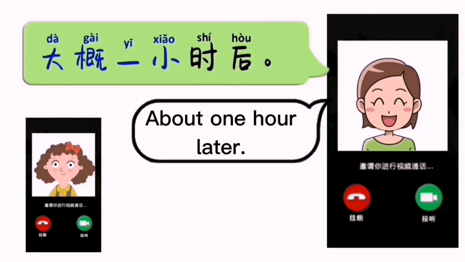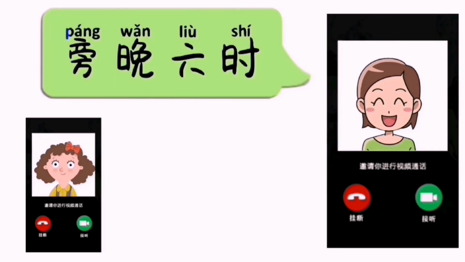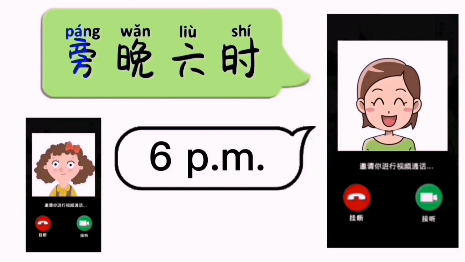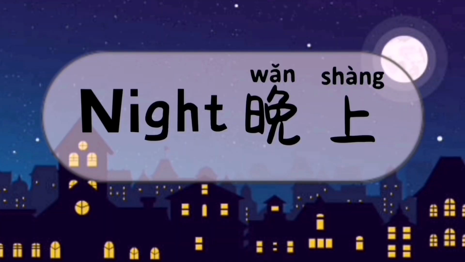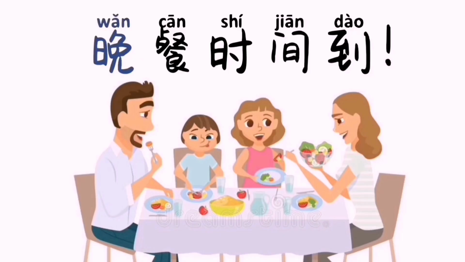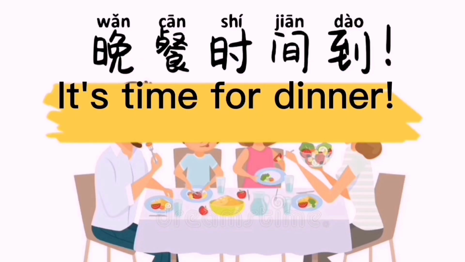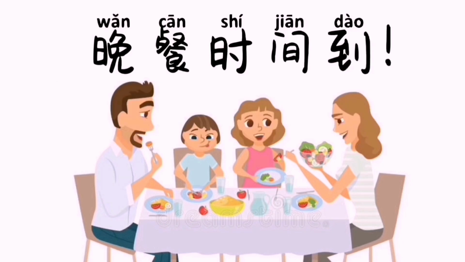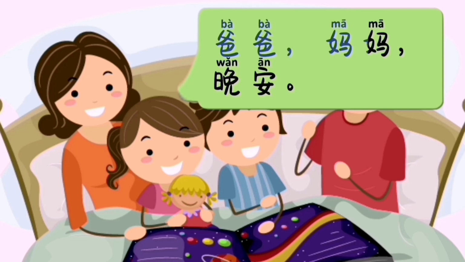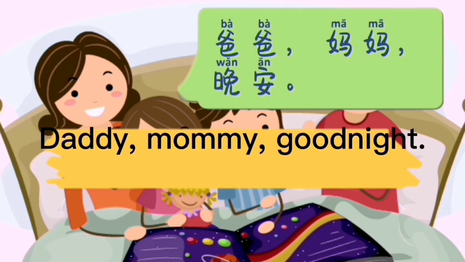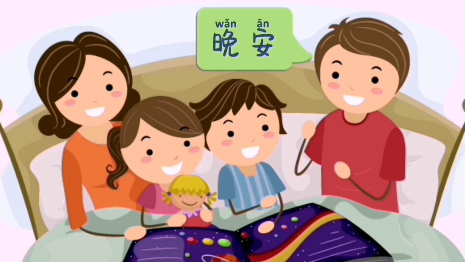If you know the specific time, for example, 傍晚6时, 6 p.m. Night, 晚上. 晚餐时间到, it's time for dinner. 爸爸妈妈晚安。 Daddy, Mommy, good night. 晚安。